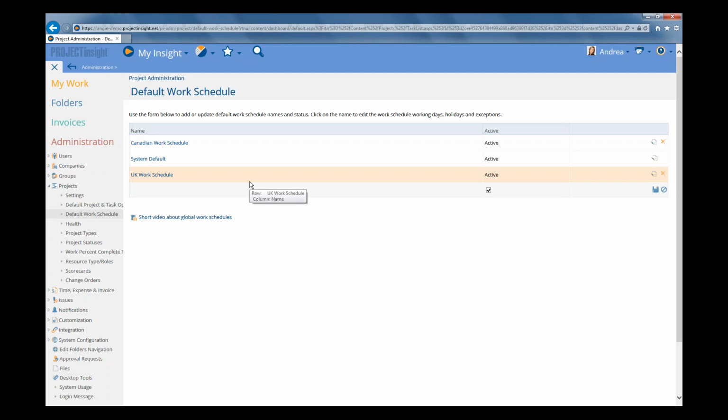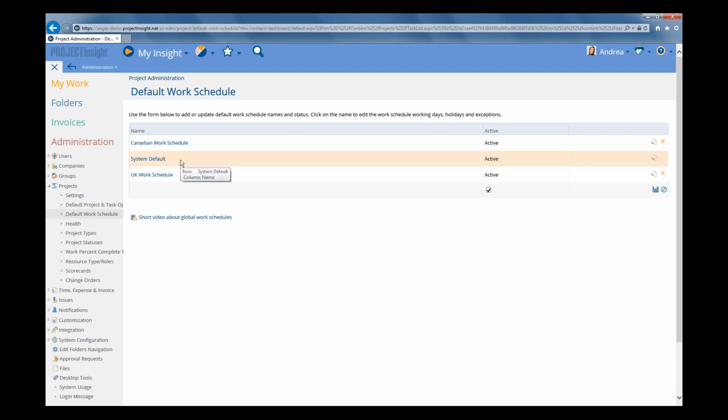Now, if you have multiple locations with different holiday schedules, then you will most likely use the system default schedule for the location of your head office or where the majority of your project work is done. Now remember, these are default schedules only. They are used to reduce your data entry and maintain consistency when setting up project level, task level, and other